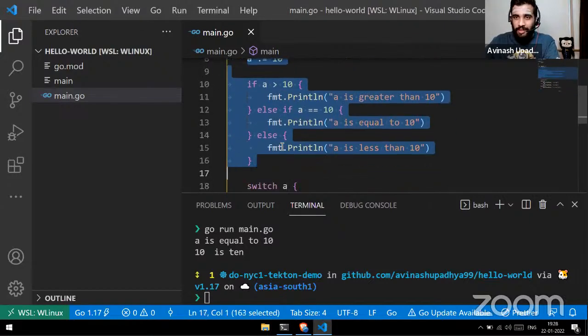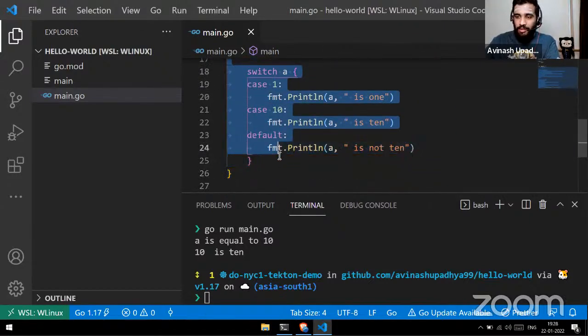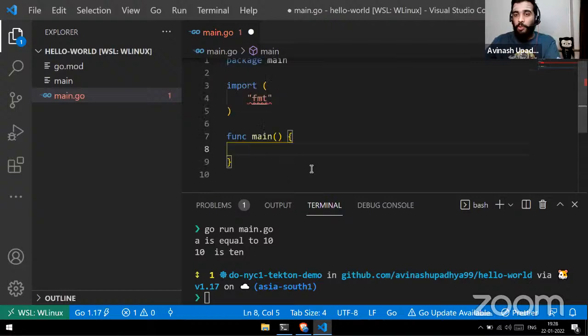All right, so let's clear this. And let's look at loops. If you're familiar with other languages, there is a concept of a while loop, where you would have one condition and then the loop executes until that condition is not satisfied. So in Go, there is no explicit while, but using for, you can do a while loop. So first, let's